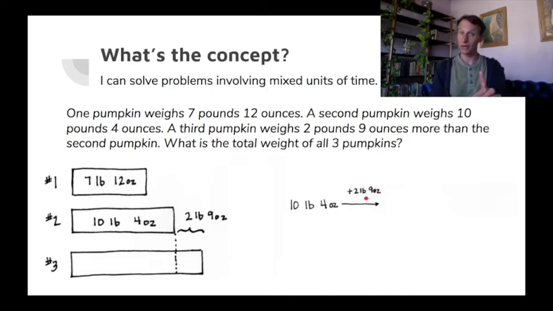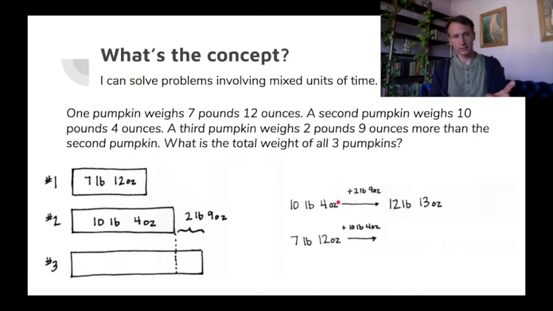Remember the arrow way we did way back in fractions? So we can do that with this as well. So 10 and 2 are 12, 4 and 9 are 13. That's not another pound, right? There's 16 ounces in a pound, so we don't have to decompose or do anything like that. But now we can add to it